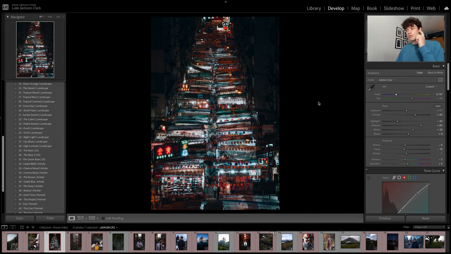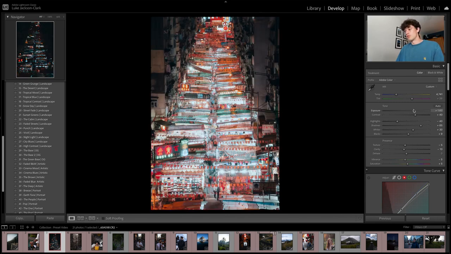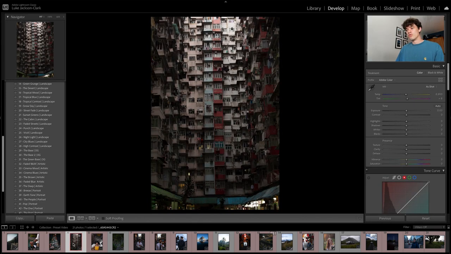So make sure to keep your eyes on temperature and also exposure, just to make sure that your shot is correctly exposed, because sometimes in cities you have underexposed images, so make sure that it's nicely exposed. Obviously that's overexposed. Okay, let's jump in to this shot. Now this one is a good example of temperature, because this is one of the ones that I'm going to show you here, which is